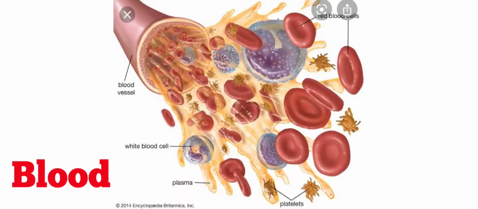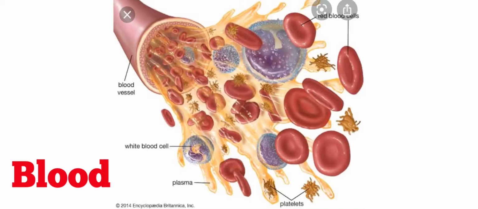So students, there were three parts of the circulatory system, that is blood vessels, heart and blood. We studied about blood vessels and heart. Now we are going to study about blood. Here in the diagram you can see the blood coming out of a blood vessel, that is an artery or a vein. Both are carrying blood, right? Arteries carry oxygenated blood and veins carry deoxygenated blood.